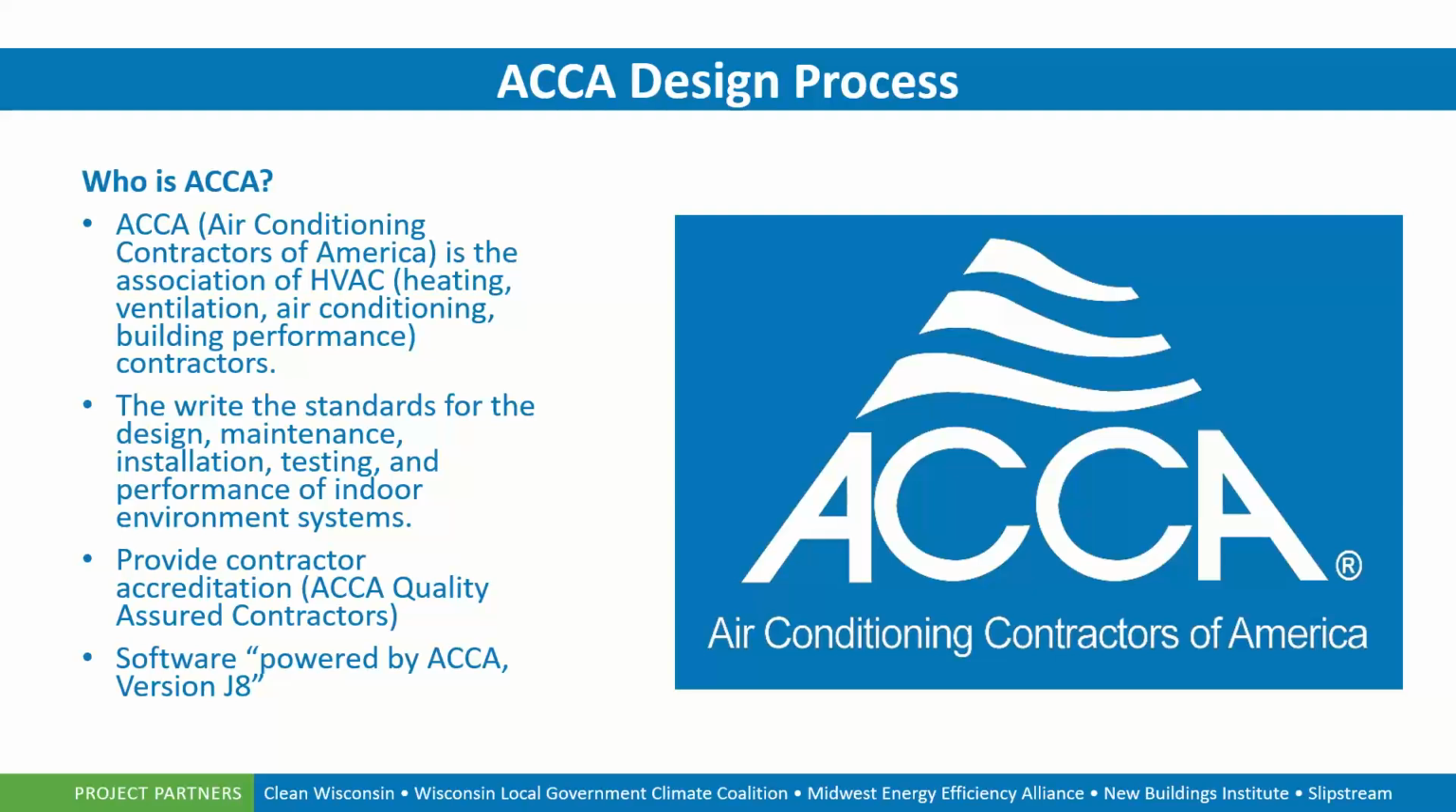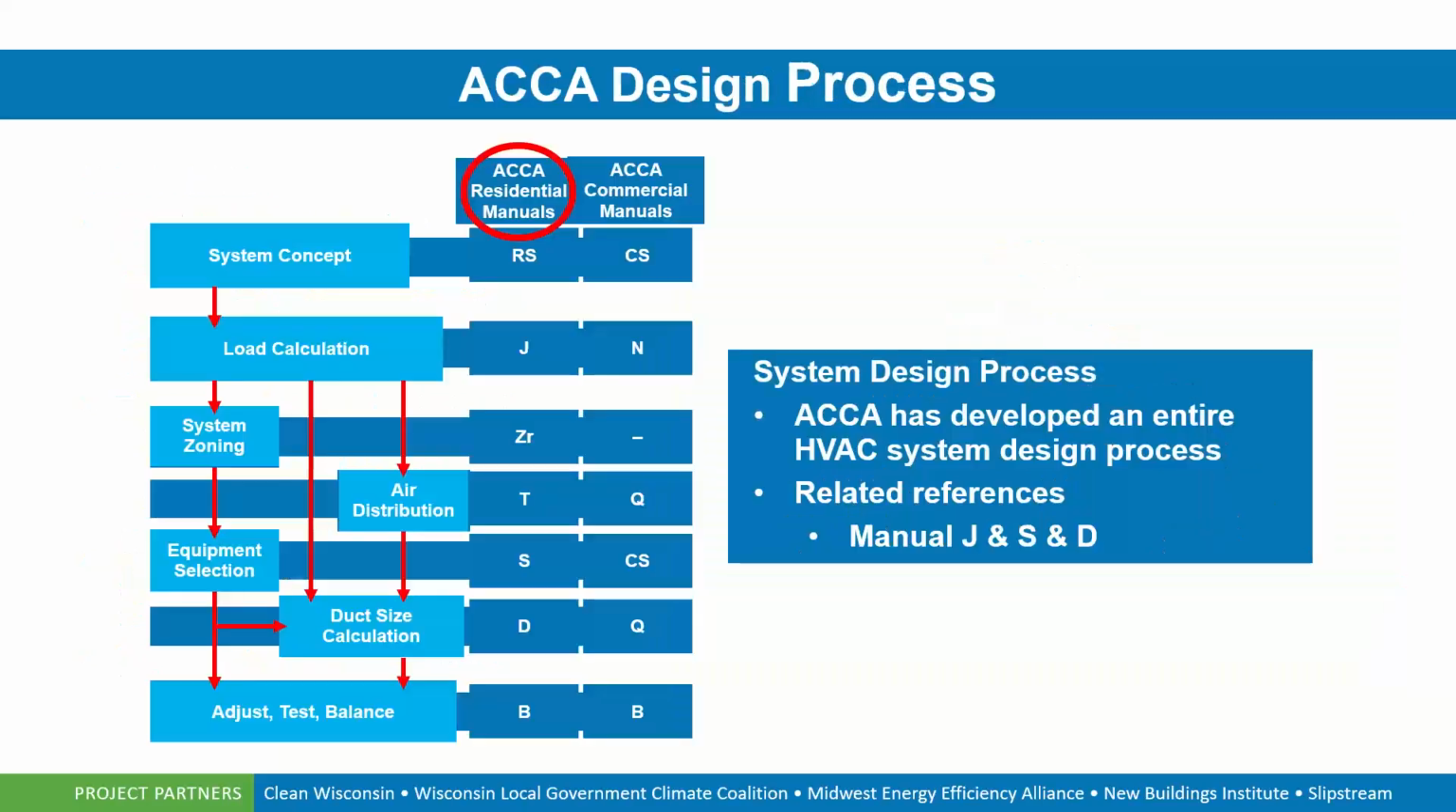And you'll see when we look at some of the software packages that are available a little bit later here in the slideshow that the software will be saying powered by ACCA or approved by ACCA for version J8 or whatever the current version of the Manual J is. So that software has been looked at and approved by ACCA to be used for design in accordance with their publications. So the ACCA design process, we start out with